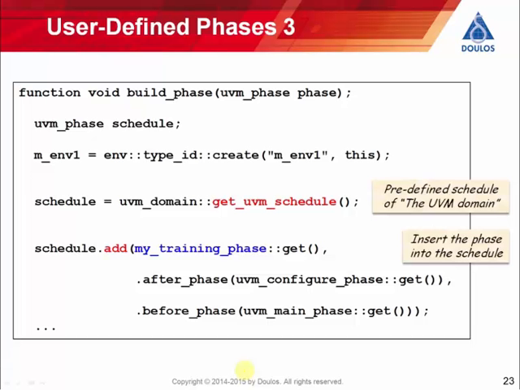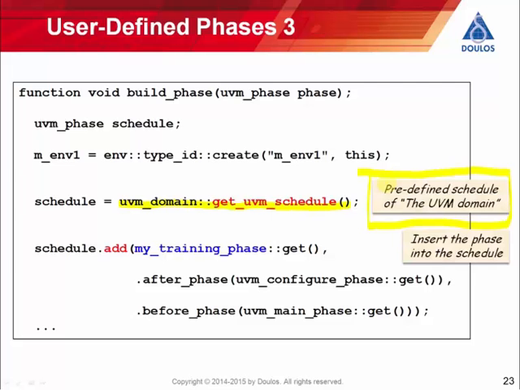So here we go. In some build phase method, which is going to be the build phase method of an env that's used to integrate verification IP or even a test, we're declaring a variable of type UVM phase to represent our schedule. We're then getting a reference to a schedule, and the schedule we're getting a reference to is being returned from get UVM schedule. So get UVM schedule is a method built into UVM. It's actually a static method of the class UVM domain, and what this method returns is the predefined schedule of